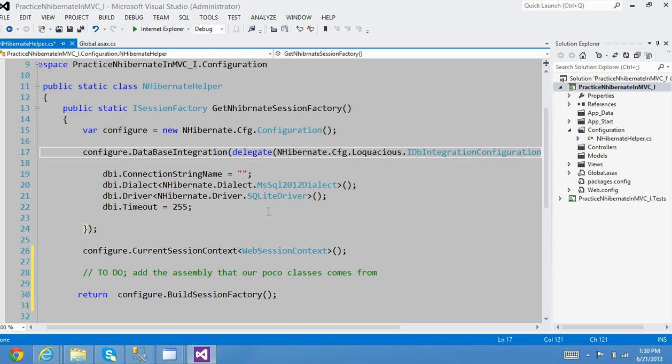For example, if you were using NHibernate configuration from the web.config or using a cfg.xml file, I'm doing that exact same thing from code. I need to identify the connection string name, and I need to tell NHibernate what kind of dialect, what kind of SQL Server I'm using. In my case I'm using 2012, so I set the MS SQL 2012 dialect, and I'm also